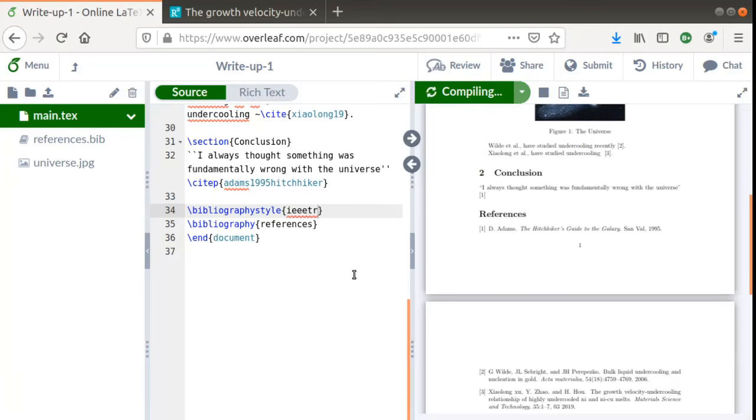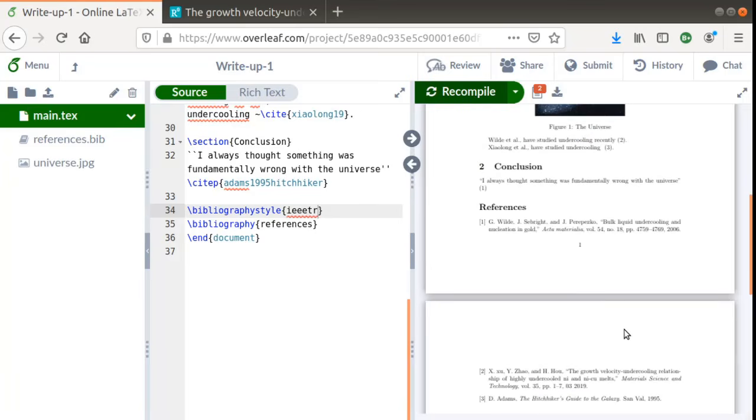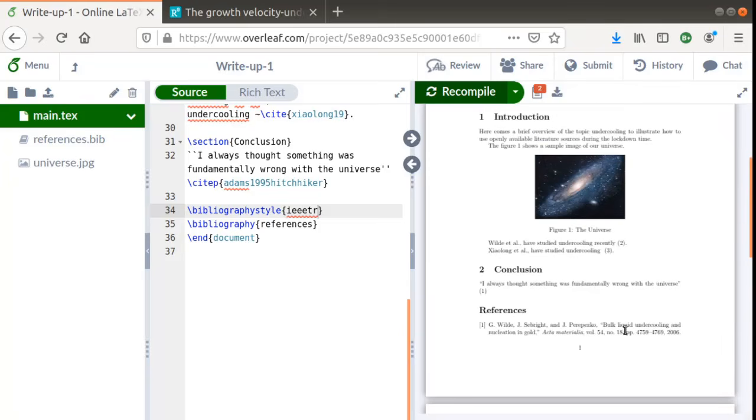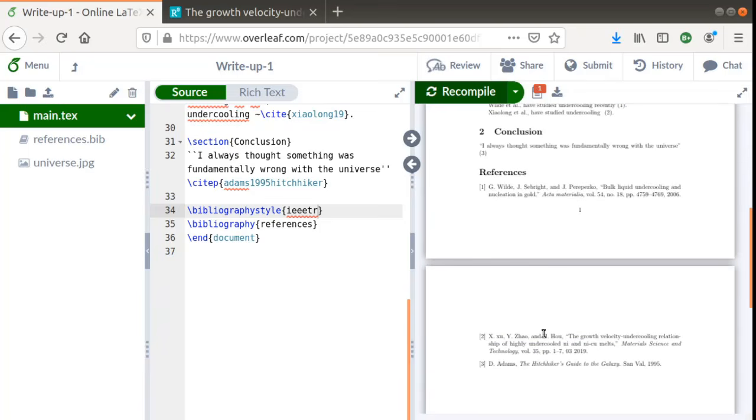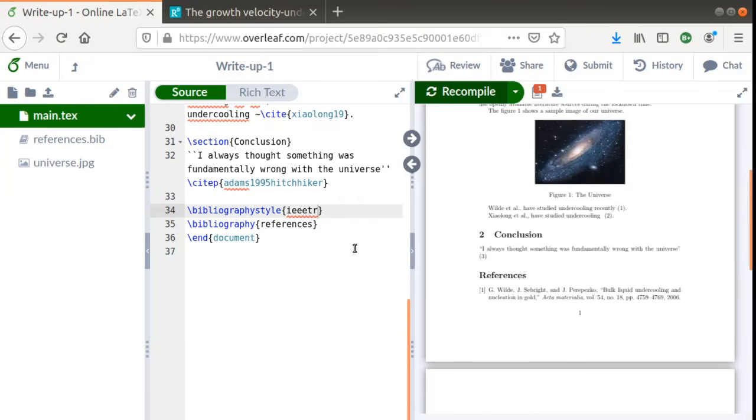It will make it in the sequence that we have referred. Okay, so this is quite useful. So Wilde first reference, Xiaolong second reference, and the automatic reference that came with the template is the third one. So it is in the same sequence that we have in the document.